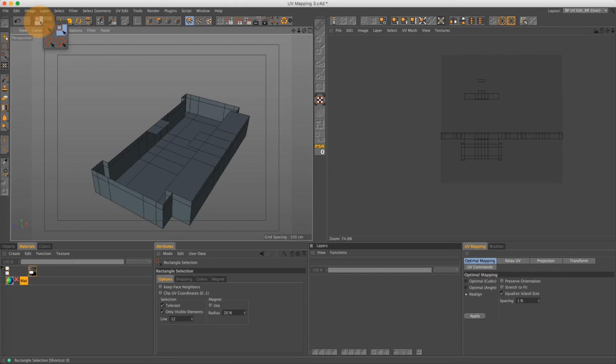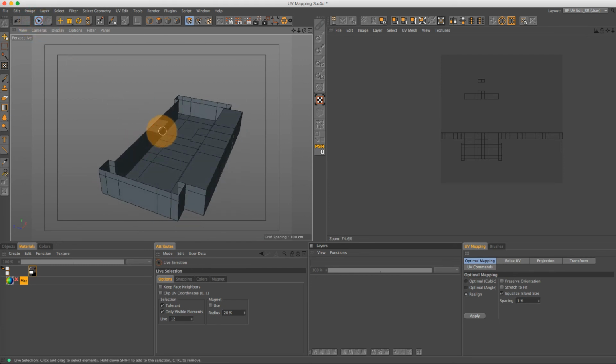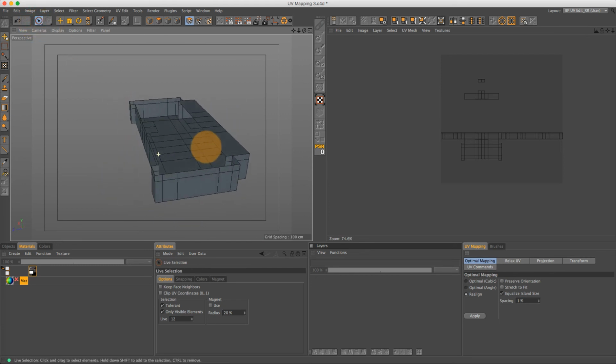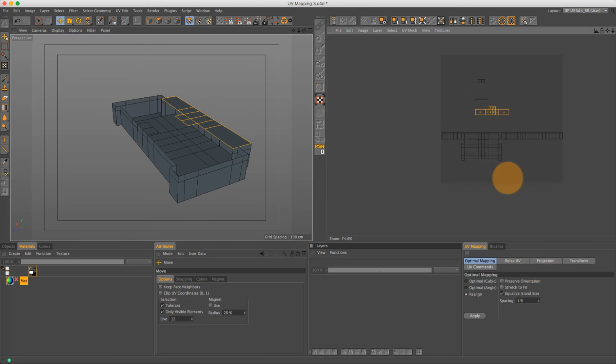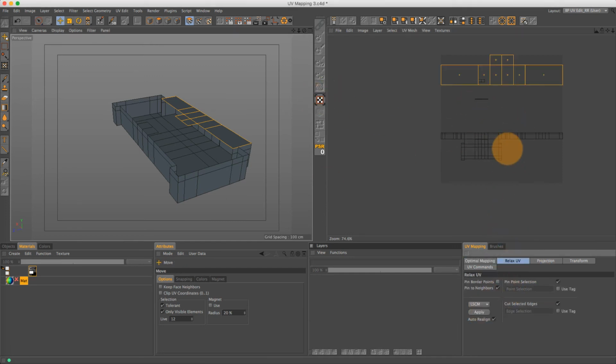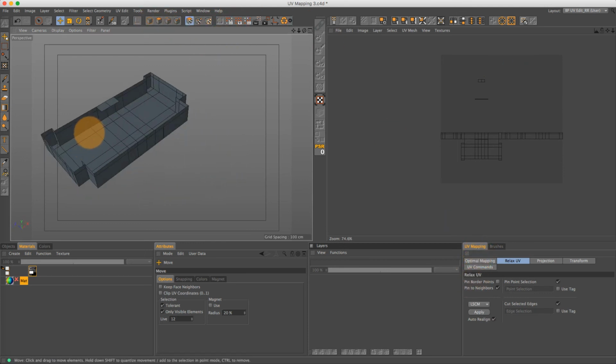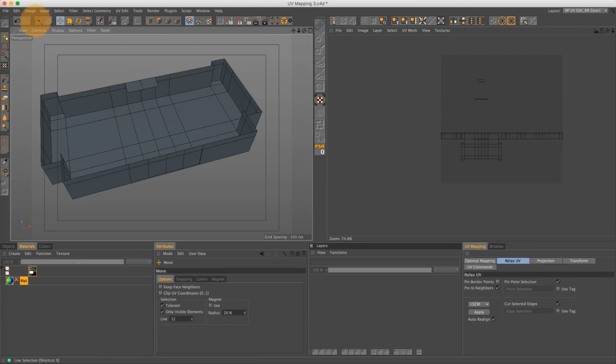So all I'm going to do is I'm going to select, how about I take, this top section of UVs, and that's its own island right here. So I'll just go ahead and relax that, and I'll hide it. And then I'm going to select all these UVs on the floor,